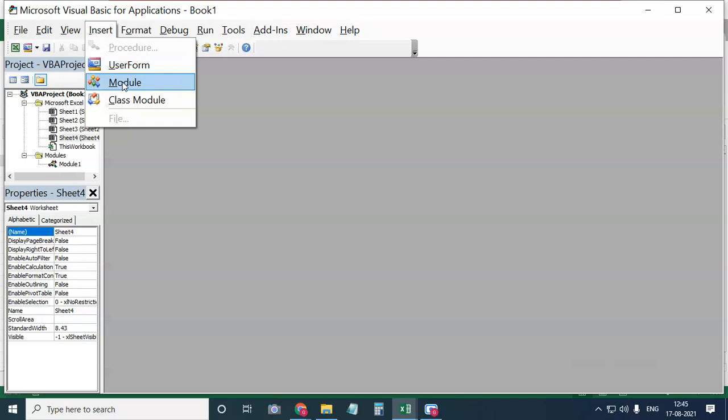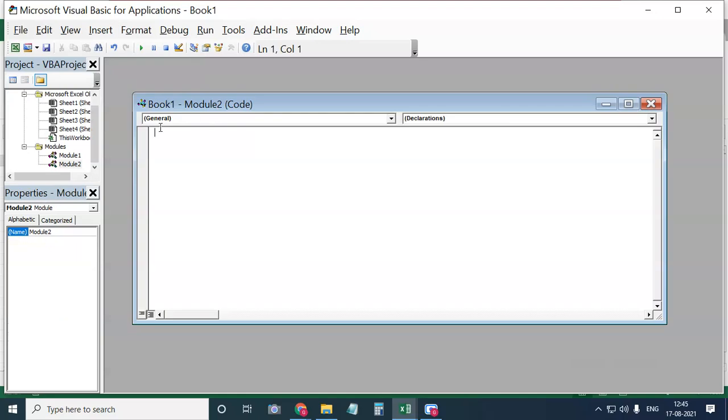If you want to create a new module, to write a new program, you are going to use the Module option. So from the Insert tab, just click on Module. Your screen will appear, and here you are going to write the program.